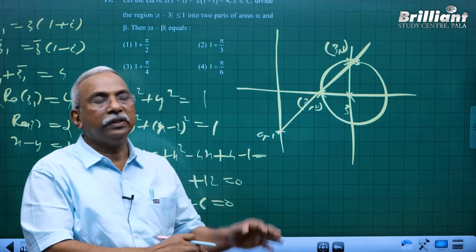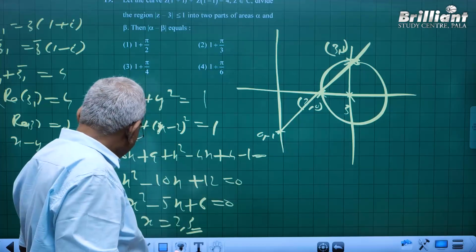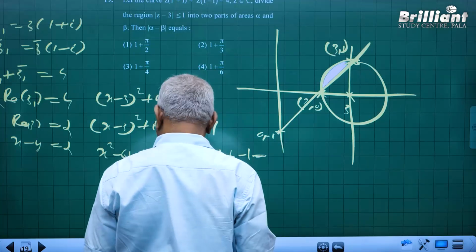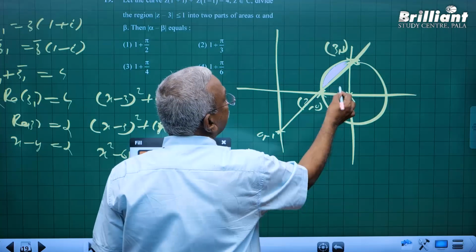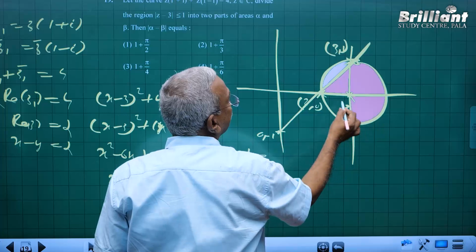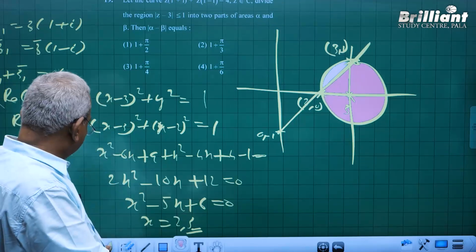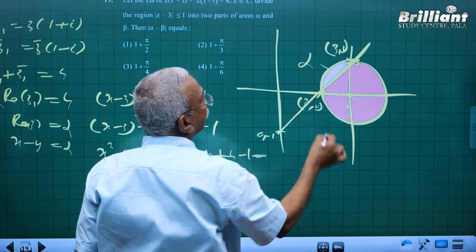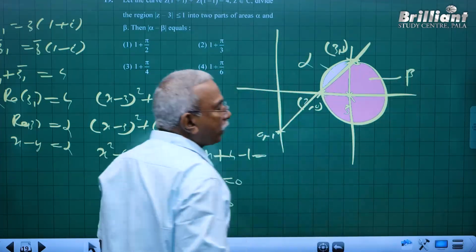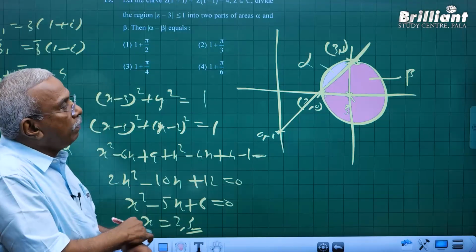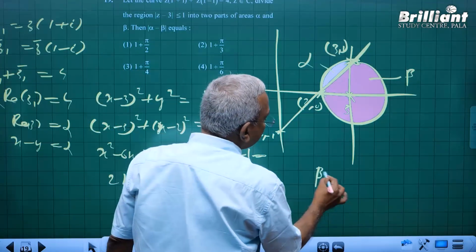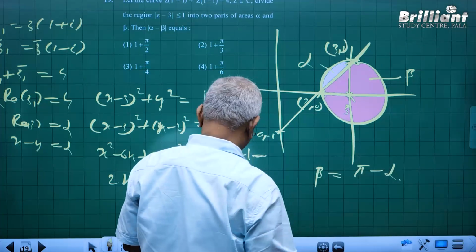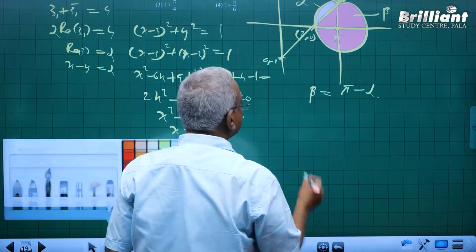So now it is very interesting. There is a circle, and you can see there are 2 regions. One region is this, which we refer to as alpha, and the other region is this one, which is beta. You want to find the difference of alpha and beta. But what is beta? Beta is equal to the total area, because it is a unit radius, pi minus alpha. That means alpha minus beta is equal to